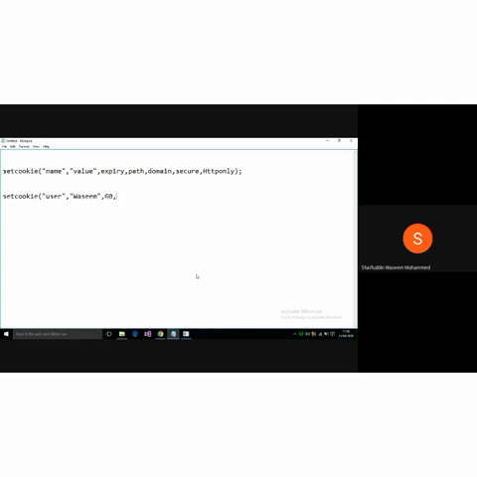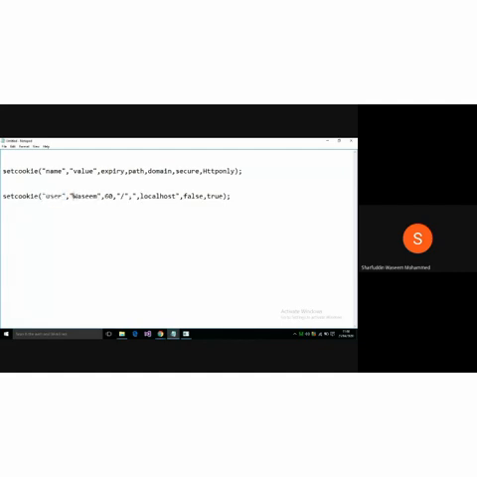Then the path. By default the path, because my home page is also located in the same directory, we are giving the path as /. To which domain we are sending the cookie is localhost, that is the domain name. I don't have an HTTPS protocol, so I'll write false, and I want to communicate via HTTP protocol, that is the reason the last value will be true. So this is the general way that you can create a cookie. It's comma separated. See how many arguments there are.